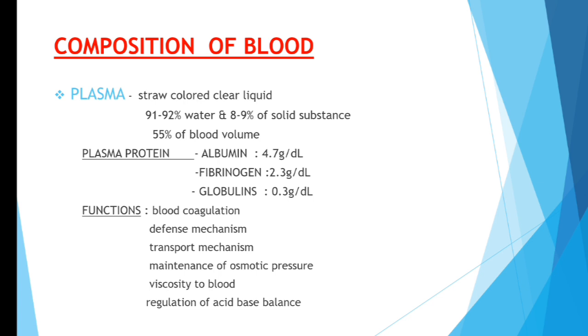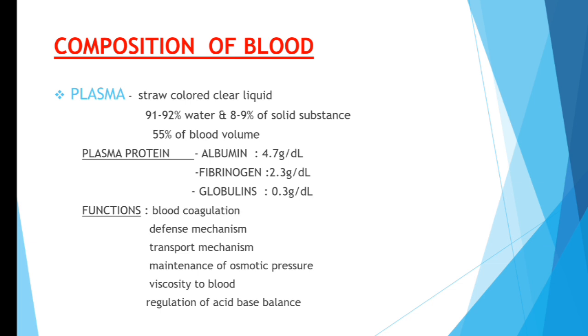Plasma is basically a straw-colored clear liquid having 92% water and 8 to 9% solid substances. The solid substances are inorganic and organic substances, and plasma is 55% of the blood volume. We have three plasma proteins: albumin, fibrinogen, and globulin. Globulin is further divided into alpha, beta, and gamma globulin, and the values are also written. Functions of plasma protein: it helps in blood coagulation, defense mechanism, transport mechanism, maintenance of osmotic pressure, blood viscosity, and